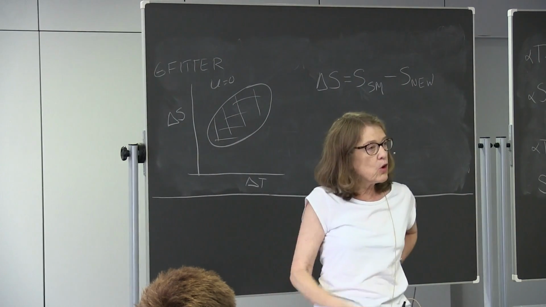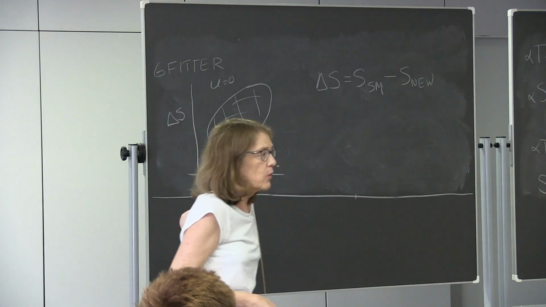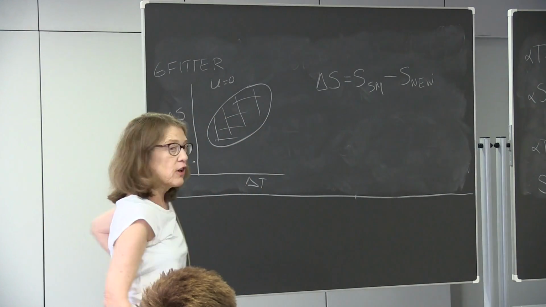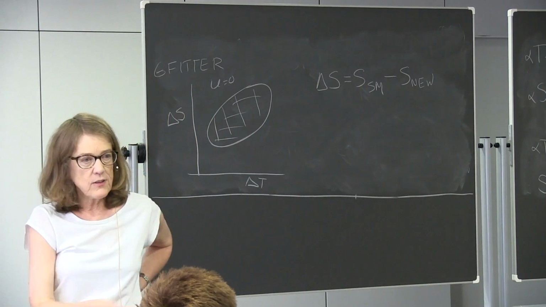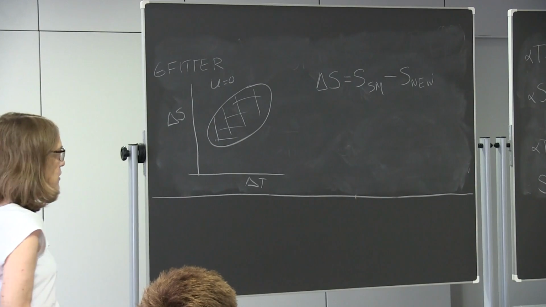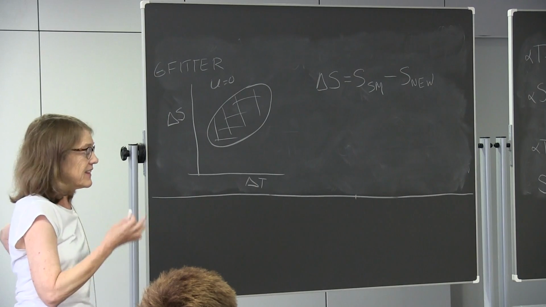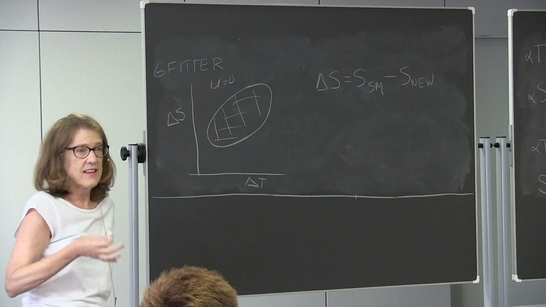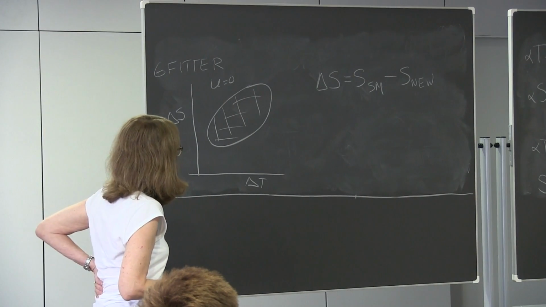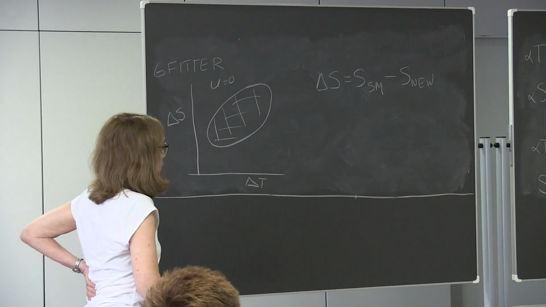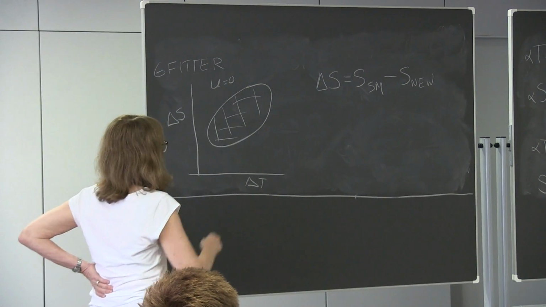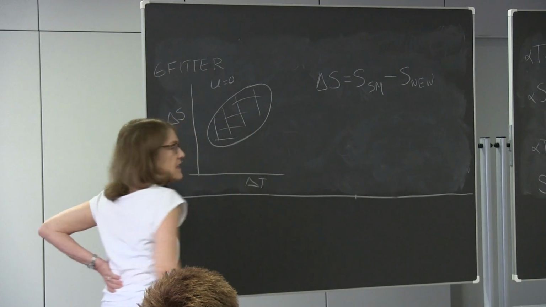So this is even cooler when you're doing your new physics model, right? You just got to calculate the S new stuff. You subtract out the standard model stuff, say somebody else took care of that, and you just need your new stuff. This is great, guys. So it's the first thing you do with your new physics models. You calculate delta S, you calculate delta T, and you fit the parameters so that it's in the experimental